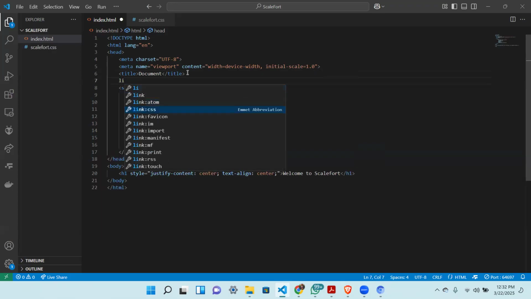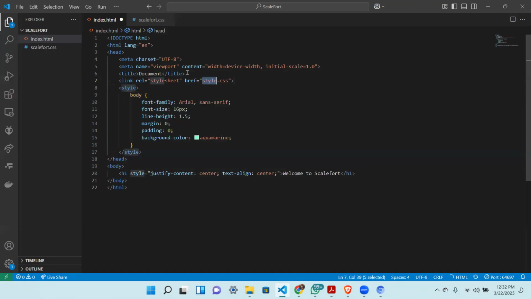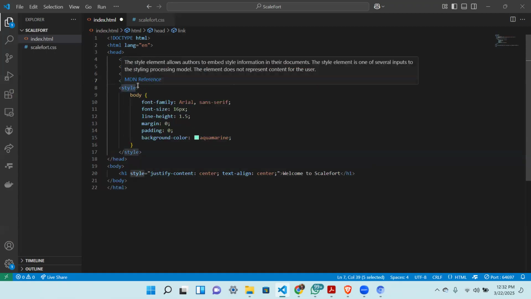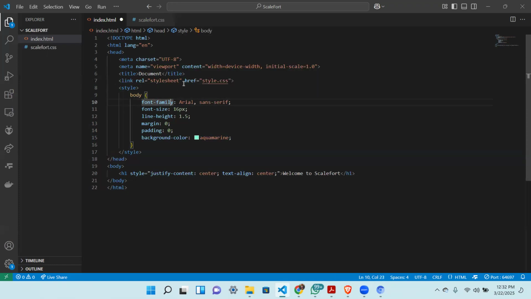Now, you see this link CSS, you see the attributes in it. The relation is a style sheet. The href means where is it linking to? It gave me styles.css, I can edit this and name it